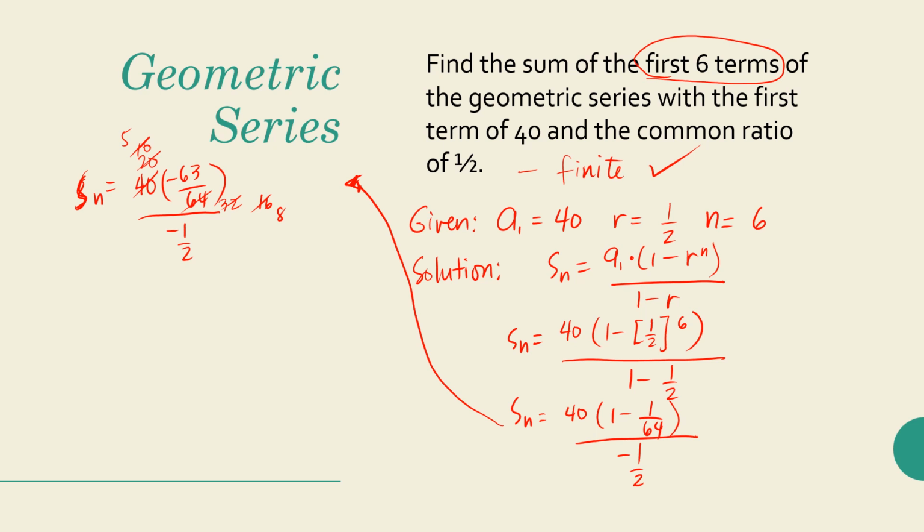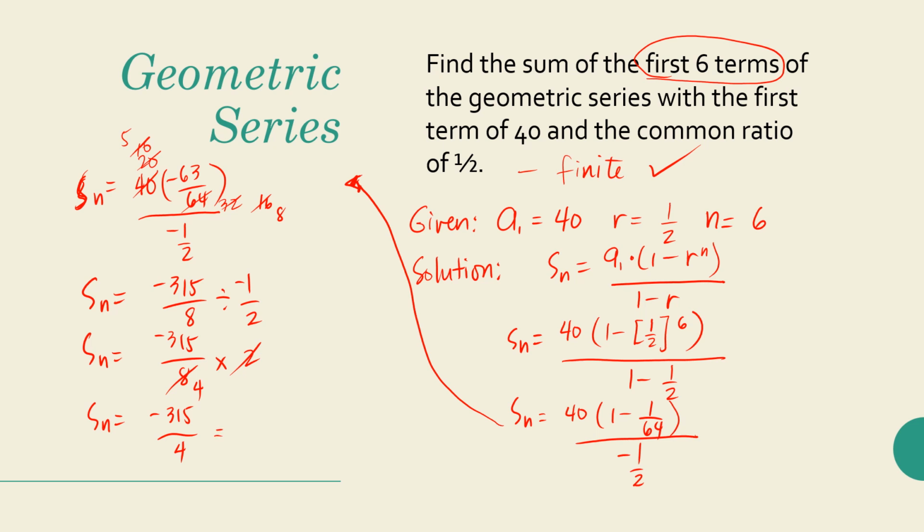So divided by 8. So 315 muna. Ito muna ha. S sub n is equal to negative 315 over 8 divided by, this is divided by 1, negative 1/2, or S sub n is equal to negative 315 over 8 times 2. So you have to cancel this out. This is 4. So therefore, S sub n is equal to negative 315 over 4, or in decimal, this is